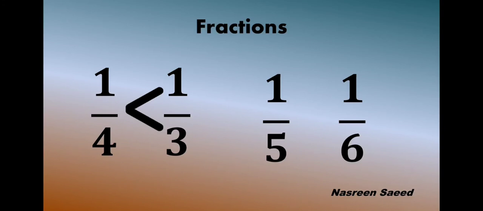Now here 1 upon 5 and 1 upon 6. Which is the smaller or which is the greater number? Yes, 1 upon 5 is greater than 1 upon 6, or 1 upon 6 is smaller than 1 upon 5. जो normal numbers होते हैं 5 will be smaller than 6, but in fraction it becomes उल्टा, क्योंकि numbers नीचे आ जाते हैं तो it becomes उल्टा. The greater number automatically becomes smaller. हमने strip में देखा है जितने ज़्यादा divide होते हैं उतनी strip हमारी छोटी छोटी होती जाती है. So I hope you have understood greater and smaller in fraction.